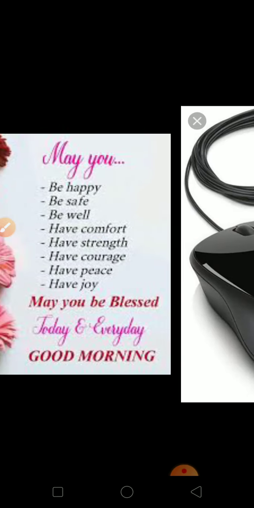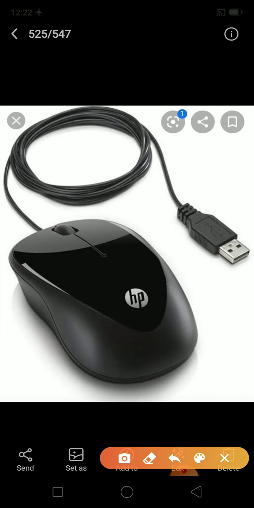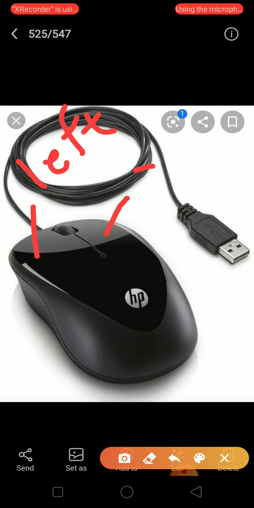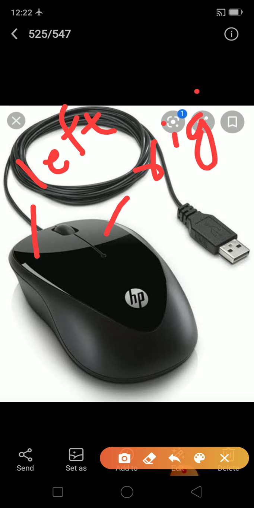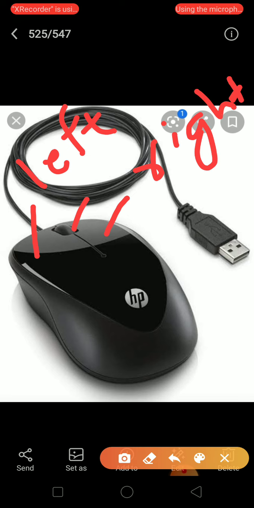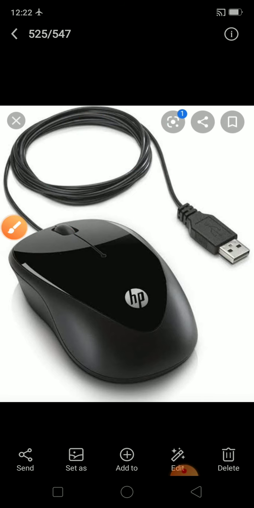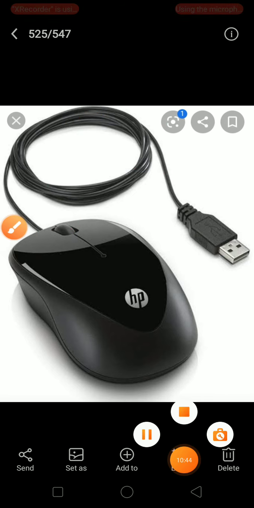All of you have understood. See, when you put the mouse, this side will be left, so this is our left. This is our left button and this is our right button, and the middle one is your scroll bar. Hope all of you have understood, children.